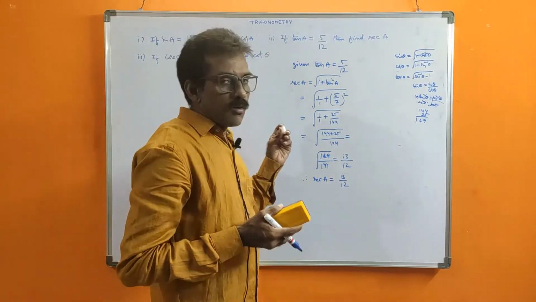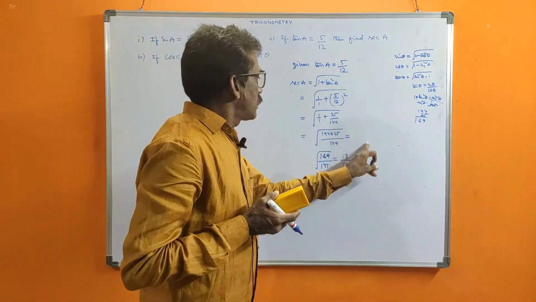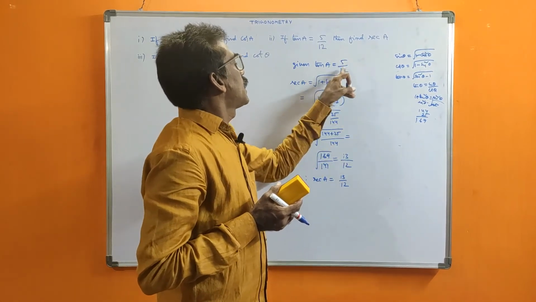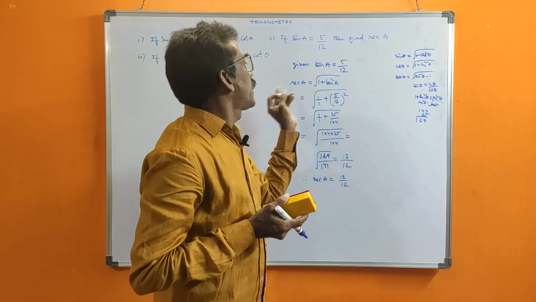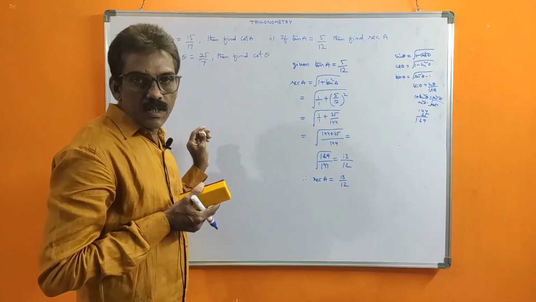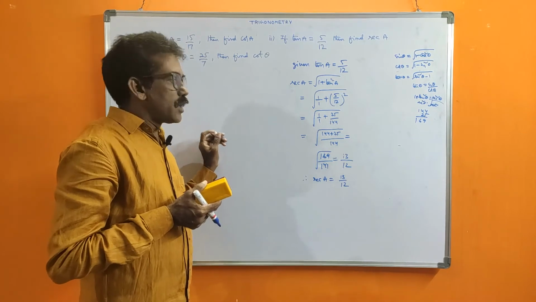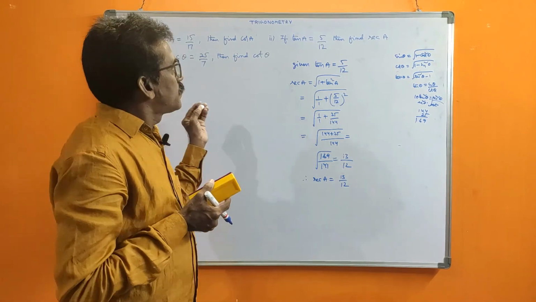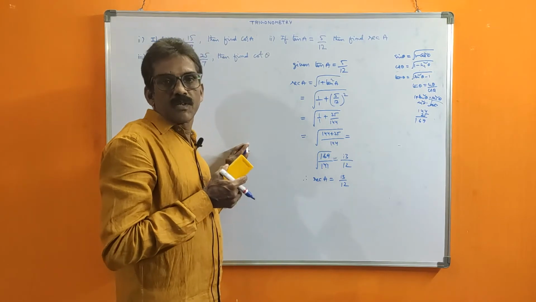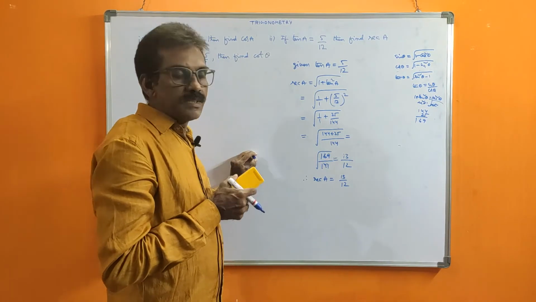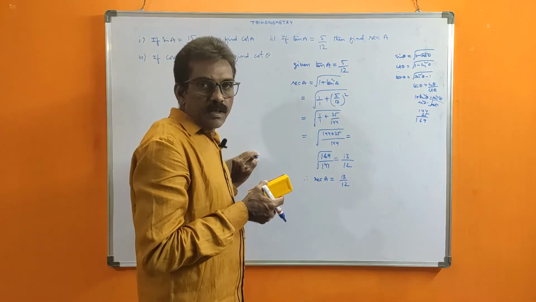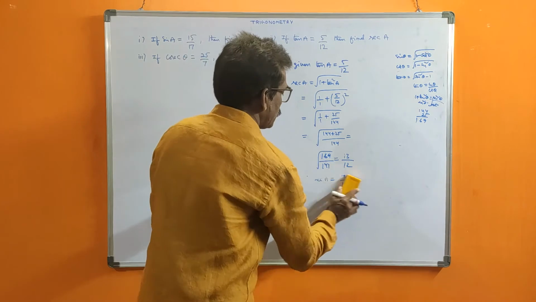Before, what we did: we drew a right angle triangle, wrote the given sides' values with ratios, then found the other side by Pythagoras theorem, then directly wrote the ratios with formulas. That is one method. In exams, if you do this method or that method, no problem. But in competitive exams, whichever method is easy, in that method only you should find out. Then you can find the answer fast. That is important.